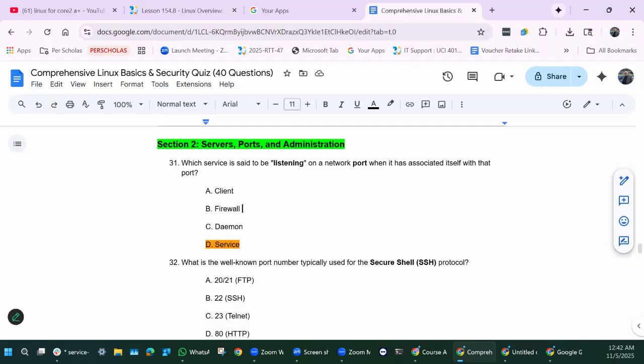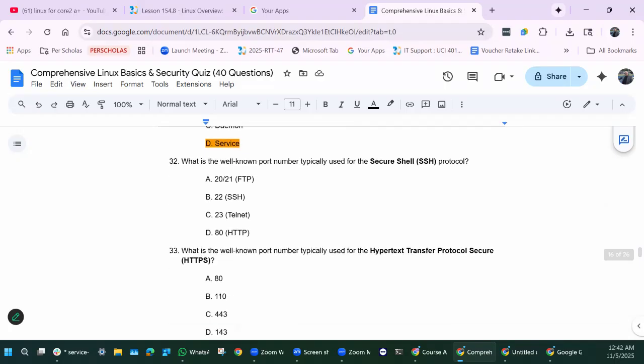All right. Next question. What is the well-known port number used for the secure shell, SSH? All right. And remember what we said about SSH, okay? That is a secure shell. And a secure shell would be port number